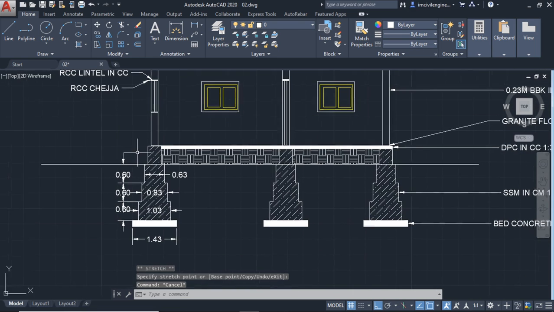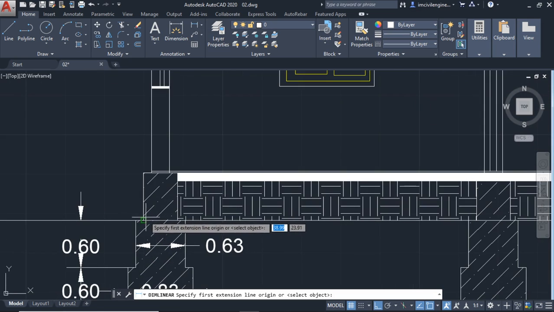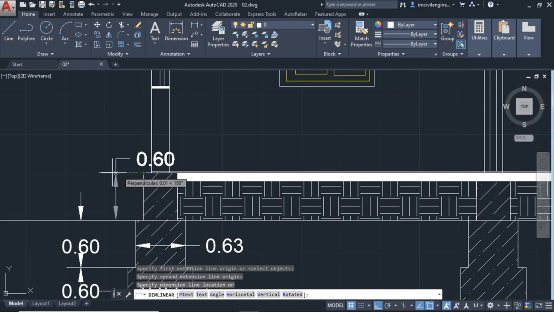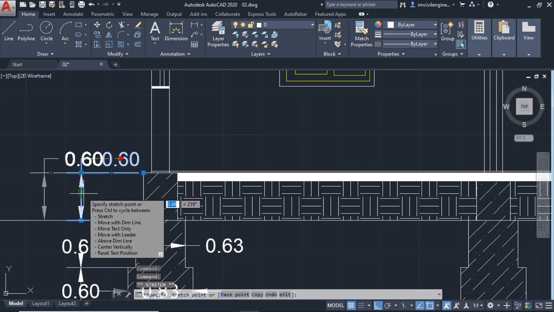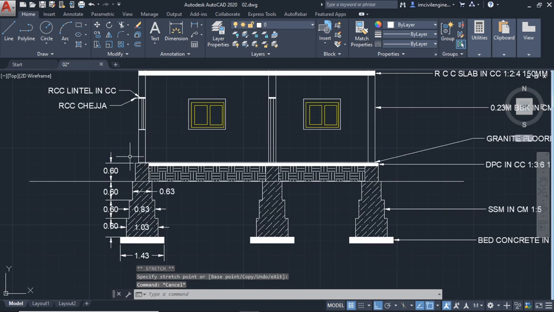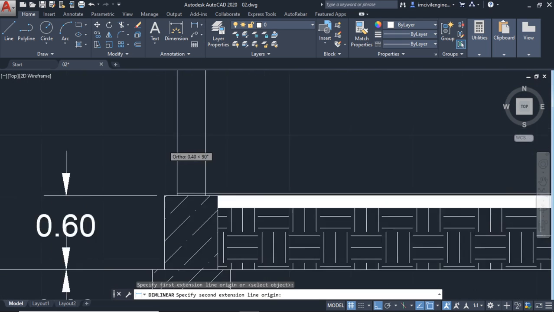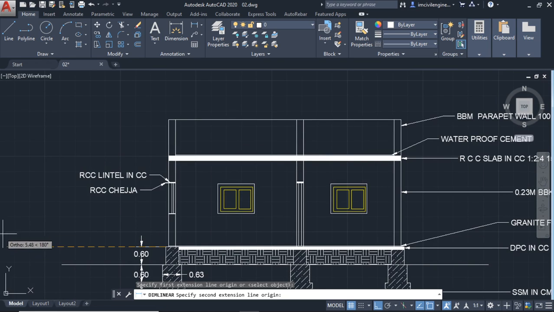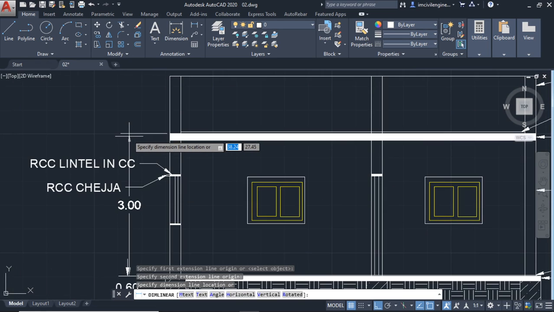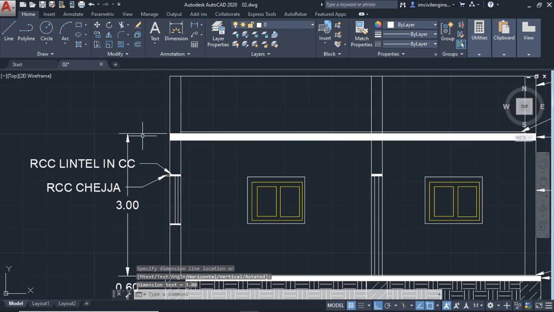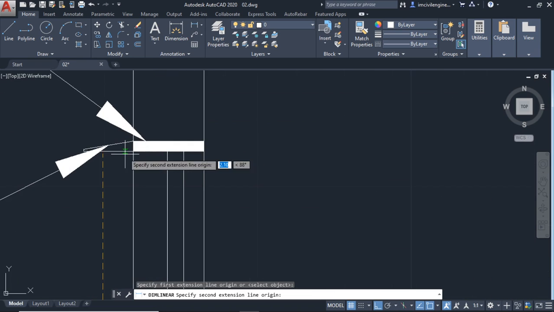So after you can see all the dimensions are completed. Then again from ground level to print level 0.6, all are 0.6. Okay, fine. Again I will go with dimensions from print level to top of the slab, 3 meter. You can see again I will go with the dimensions from here to Chedja